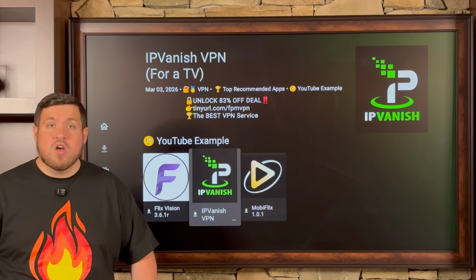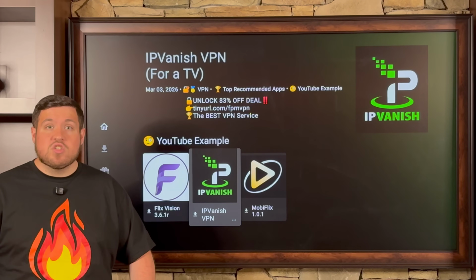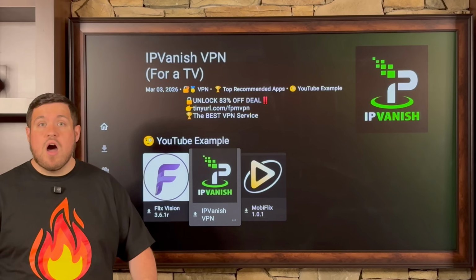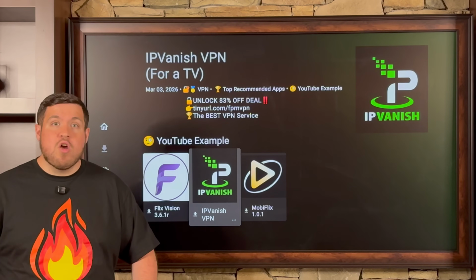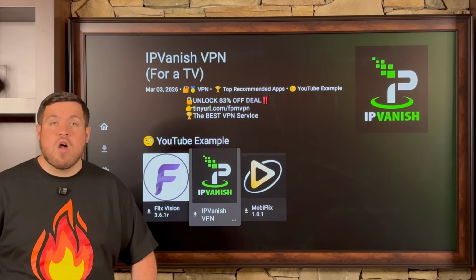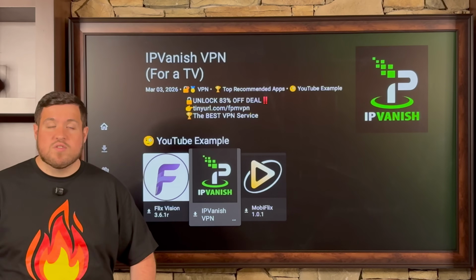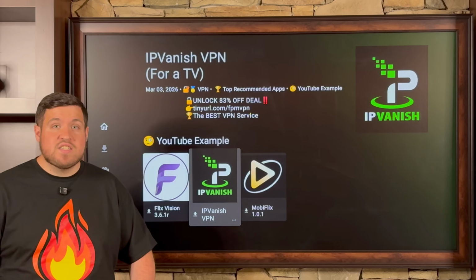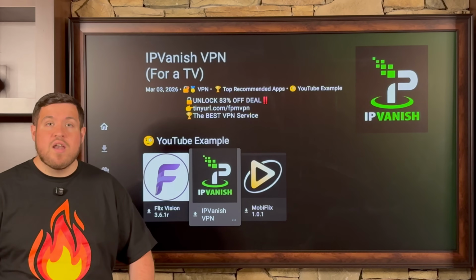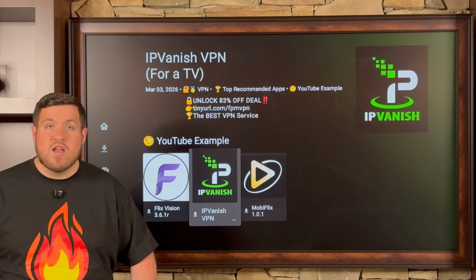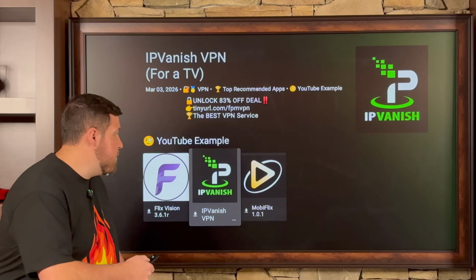Now, depending on what country you live in or what internet service provider you might have, many times they are putting restrictions on you and throttling your device. Oftentimes when you open up these applications, they actually prompt you to use a VPN. So to stay safe, secure, anonymous, and overcome that internet censorship, let's go ahead and get IPVanish by